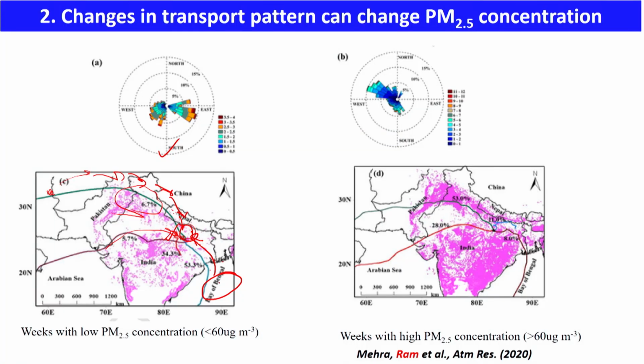So this becomes very important when we have a very low concentration of PM 2.5, which was less than 60 microgram per cubic meter. During this week we had very low concentration, but if you see the same picture now with the winds, almost 53% of the winds are actually coming from the much more polluted areas in the western India. So it is passing in the valley of the Himalayas, bringing lots of pollution from the upwind sources.